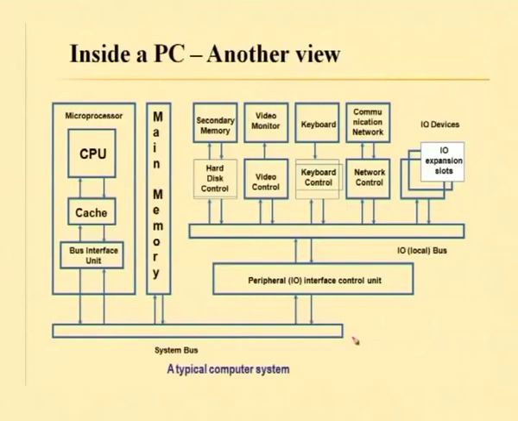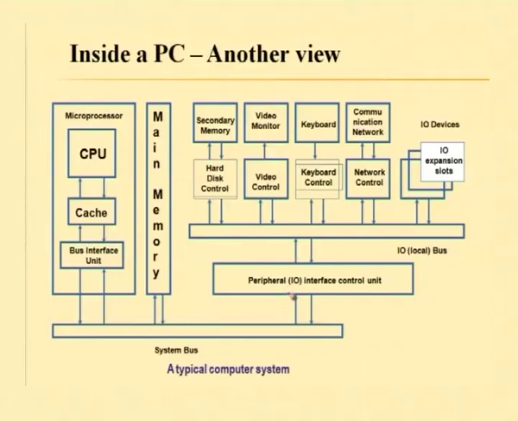We will just zoom in a little and look at a little more detail inside a PC. So, let us look at this picture here. Again, you can see that this is our CPU box that we saw earlier, which has the CPU. It also has cache, which is actually part of the memory structure inside your microprocessor. And then there is a bus interface unit, which serves as some kind of an interface. Then you have the main memory here. Then you will have the system bus, which acts as an interface that connects the main memory, the processor and the different other input and output blocks that we have here.